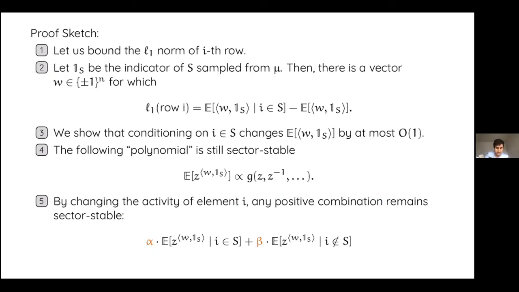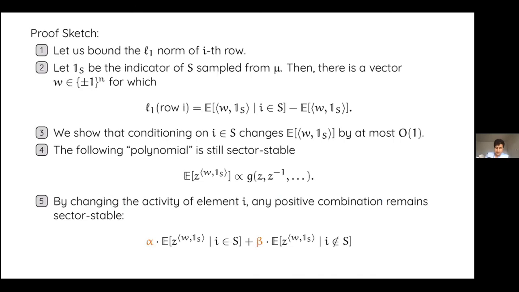So you can come up with a sign vector. Look at the ith row. Some entries of it are going to be positive, some entries are going to be negative. And let W be basically the sign vector indicating that, right? So for negative entries, put a -1 in W and put a +1 when you have a positive element. Then the L1 norm would just be the inner product of W with that row, right?